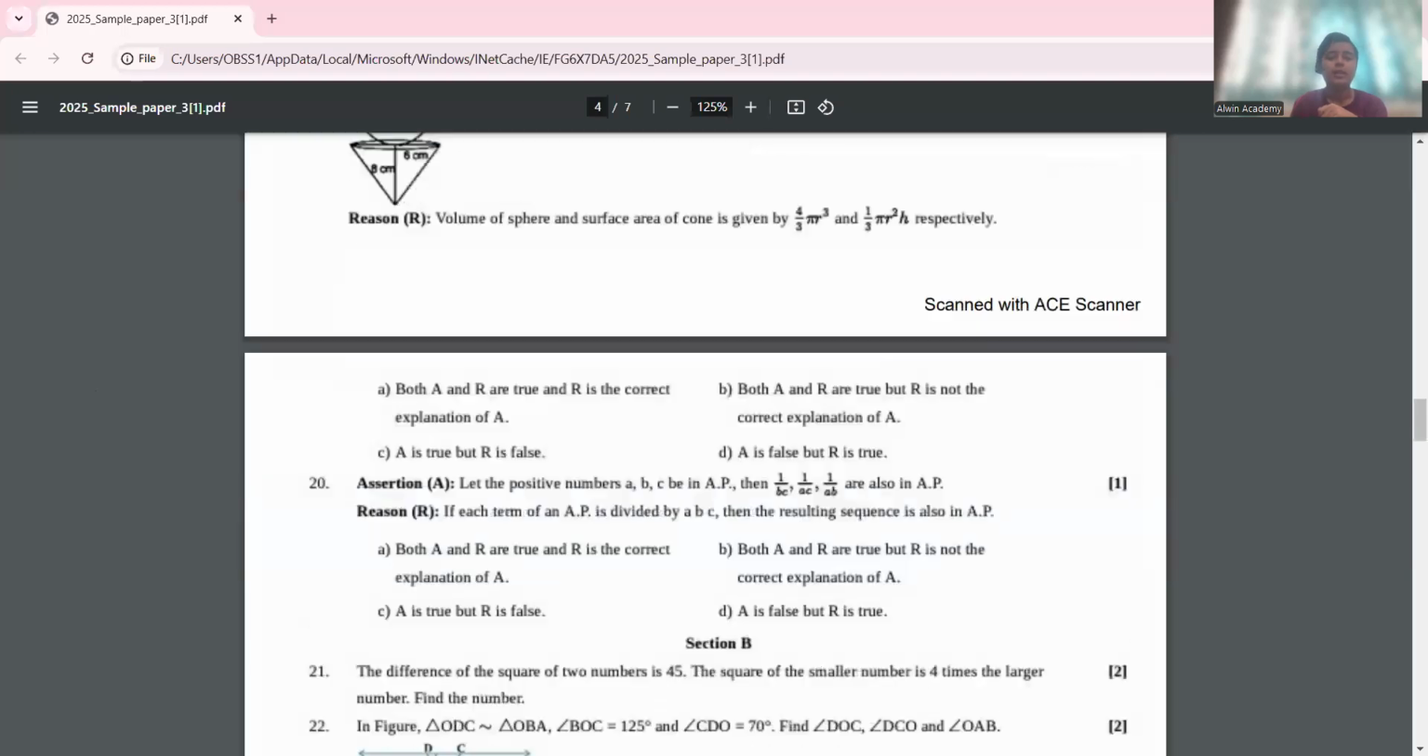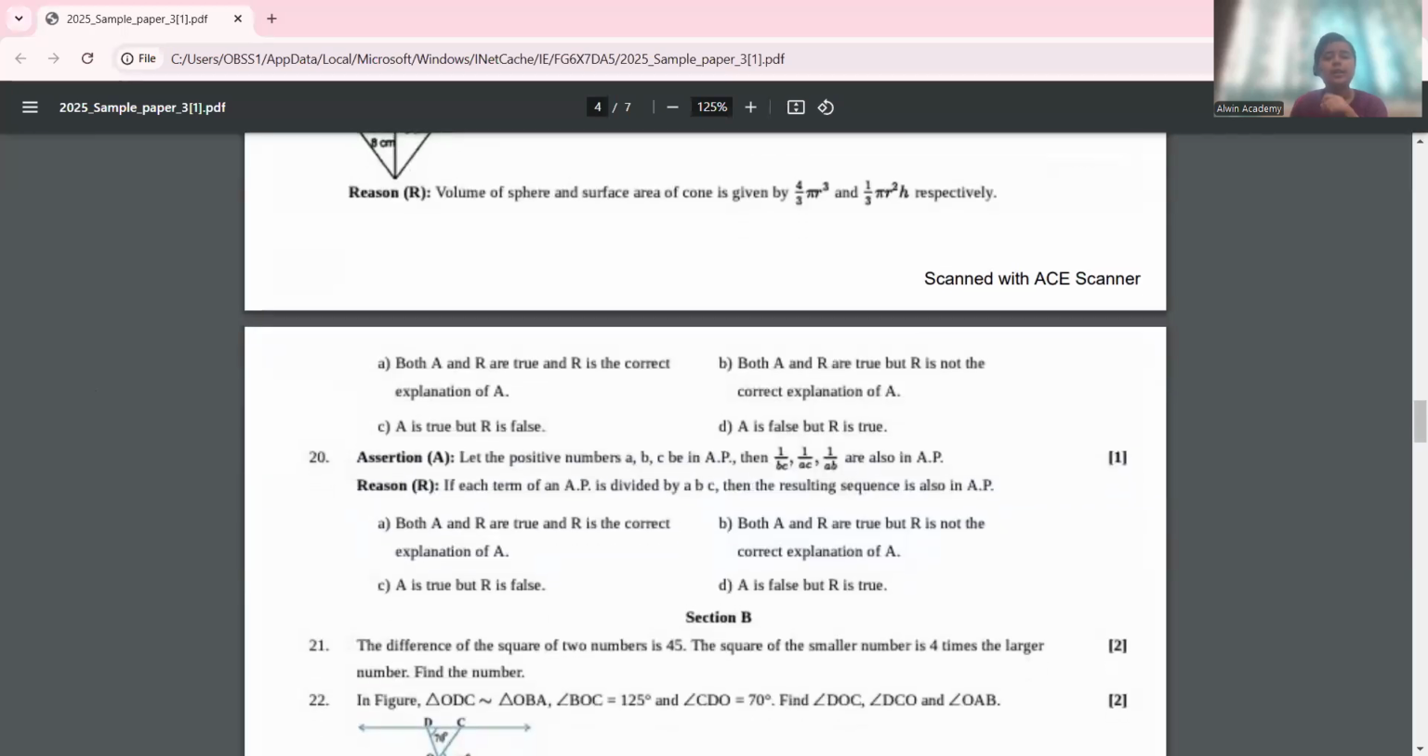Moving to the last question, question number 20. Let the positive numbers A, B, C be in AP. Then 1 by BC, 1 by AC, 1 by AB are also in AP. And the reason that is given is each term of an AP is divided by ABC, then the resulting sequence is also in AP. Here it is correct that yes, when we take three numbers in AP and then divide